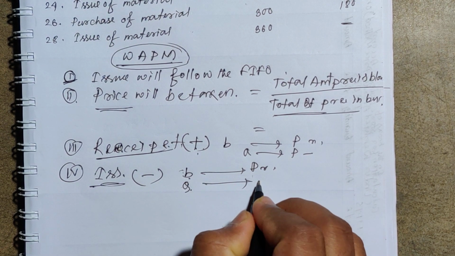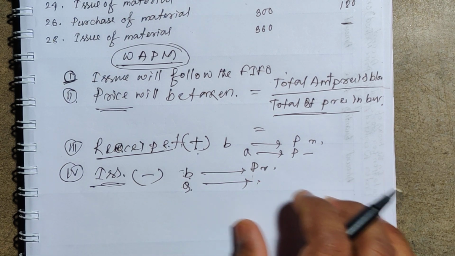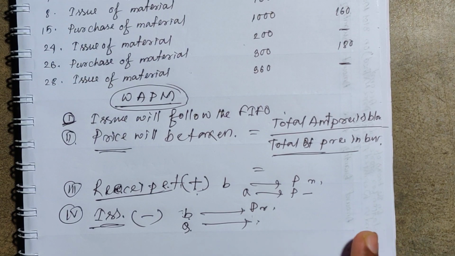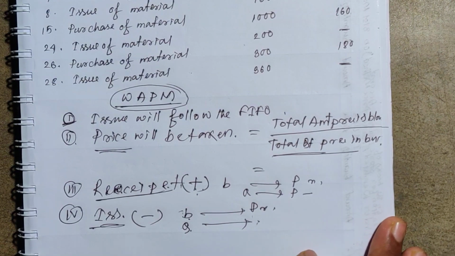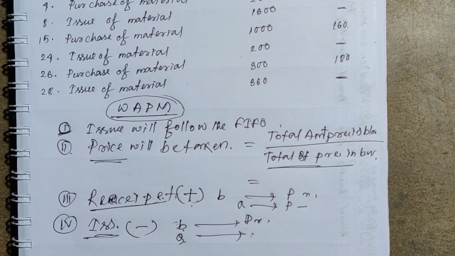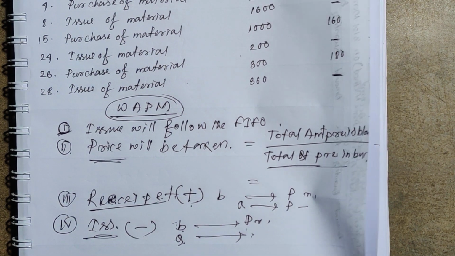So friends, for solving the question, as usual, I will solve the same question which I solved in the previous 3 processes of stored ledger account, because it will help us clearly justify the change in the method. That's why I am solving the same question for all 4 methods. So friends, let's go.